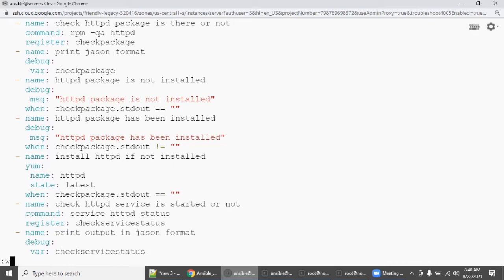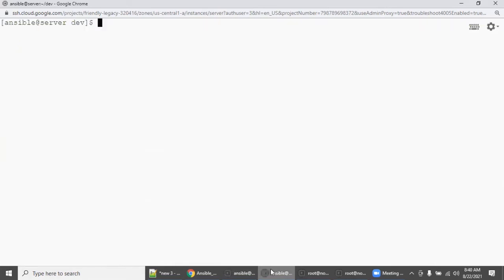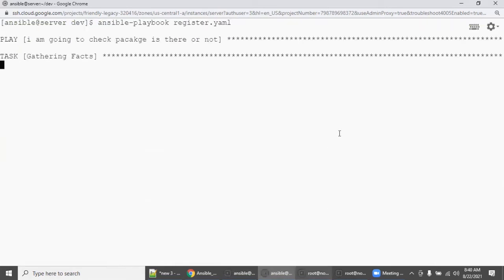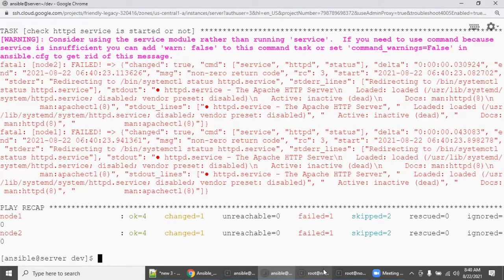Save it, then execute this. We are just checking whether the service is started in node 1, and whether the service is started in node 2. There is some error, right? We are not getting any JSON output. So let's go here, service HTTPD status.